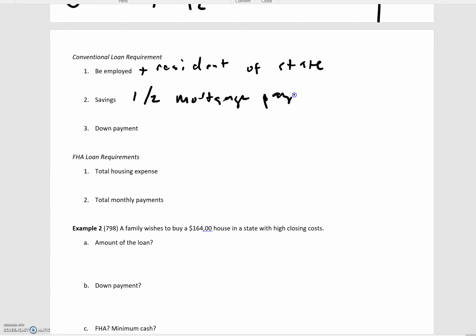And then your down payment, you have to have it. You can't borrow. And these are really broad